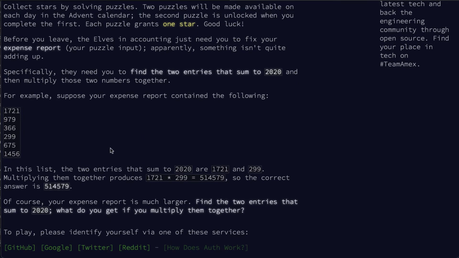They give you this example of 6 numbers, and then you need to go through them and figure out which two, when you add them together, add up to 2020. When you find them, you need to multiply them together, and that is your answer that you submit into the